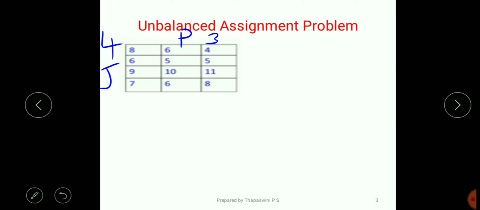Now how do we solve an assignment problem? Can we solve this as an assignment problem? Okay, so now we have used Hungarian method to solve the assignment problem, and Hungarian method can be applied to the assignment problem only if the objective of the assignment problem is minimizing the total cost, and the number of rows should be equal to the number of columns.